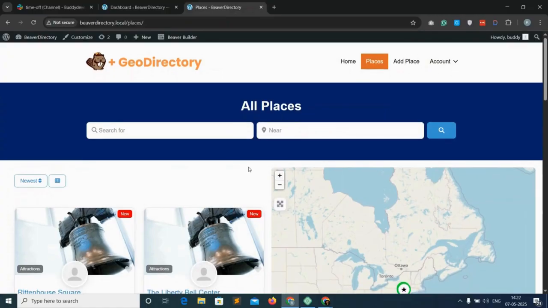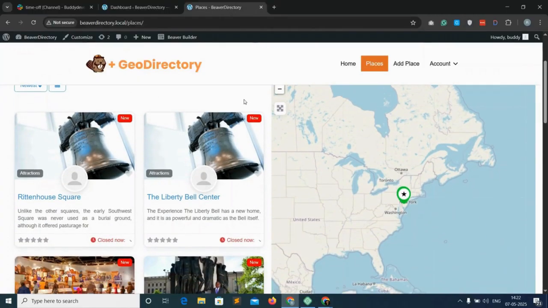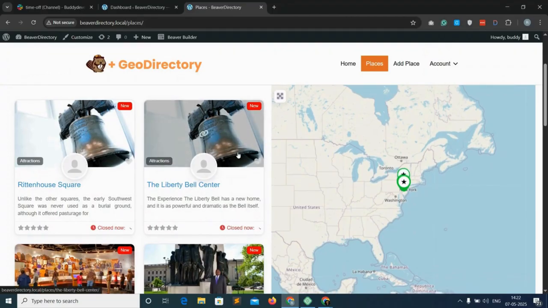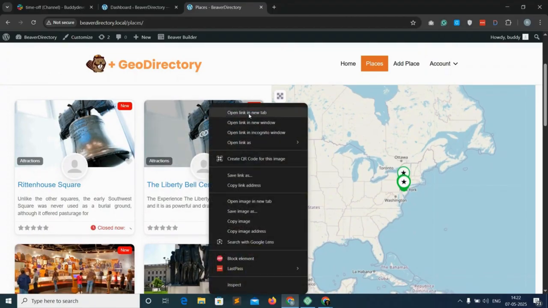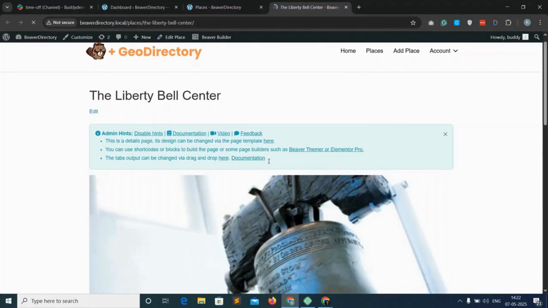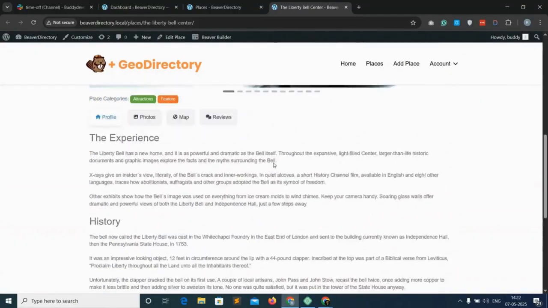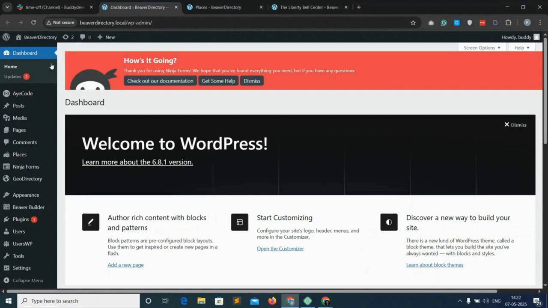In the last video, we created archive page and search page. In this video, we will be creating detail page of a single listing. So we will be designing it through Beaver Builder and GeoDirectory plugin. So this is the default page, so we will be designing it. So coming on to the WordPress dashboard,